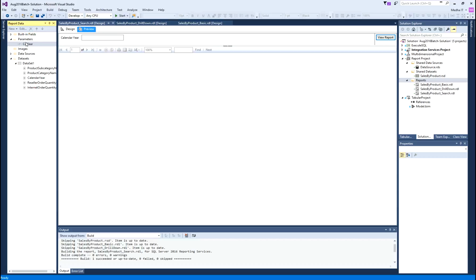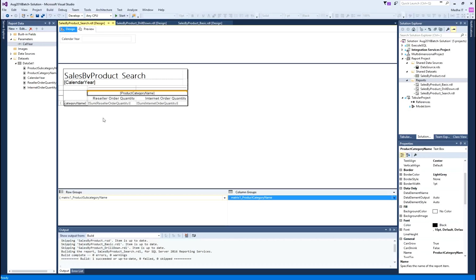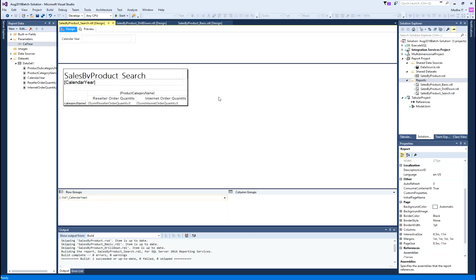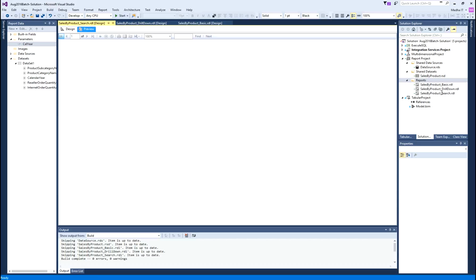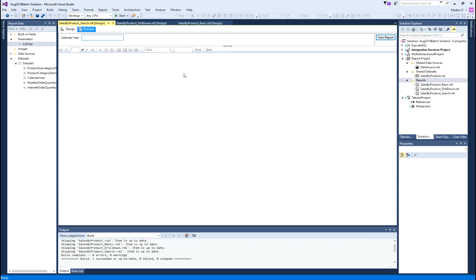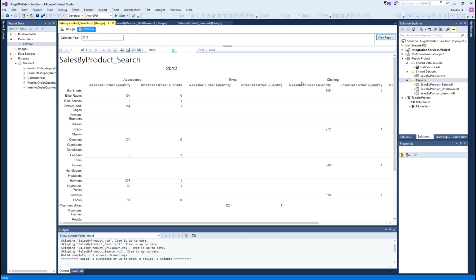To access these properties I need to switch to design mode and then access the properties. Okay, so that is about having the report with search option, where the user enters some input value, and we use that value to generate the report. Okay, that is about basic reporting.